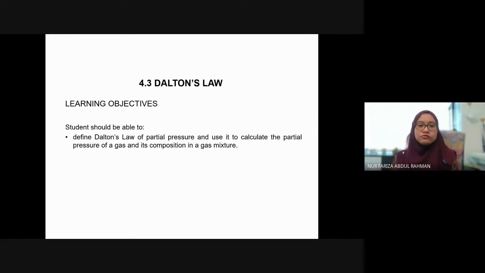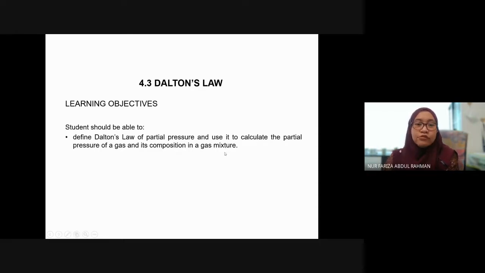Now let's move on to the next subtopic, that is Dalton's law. We have one learning objective for this subtopic. Make sure that you are able to define what Dalton's law is. Define Dalton's law of partial pressure and use it to calculate the partial pressure of a gas and its composition in a gas mixture. So Dalton's law